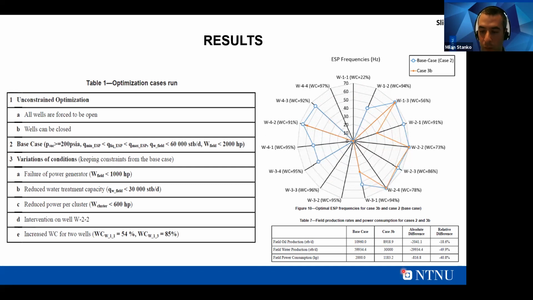But also something interesting: even if the reduction in water processing capacity was by half, the reduction in oil capacity was not half, but 20%, just by this adjustment of the frequencies. So it tells you that it can have some value to use this to advise you how to